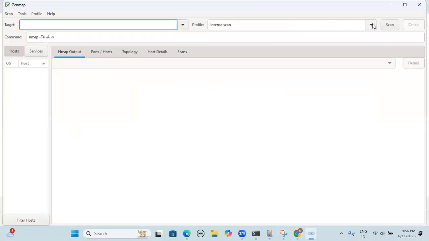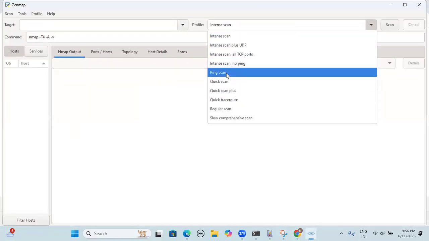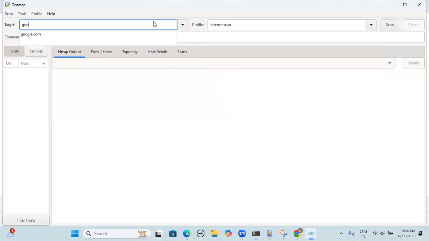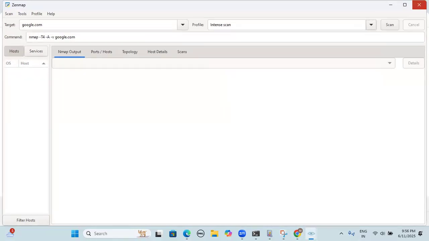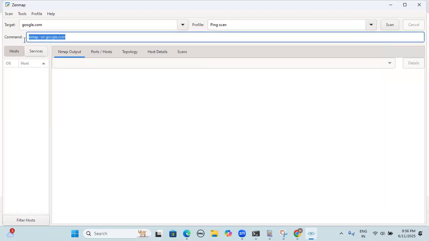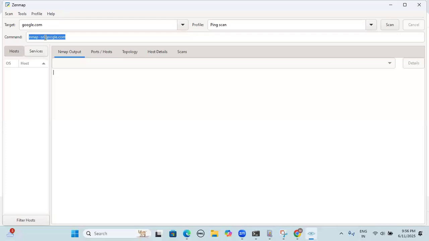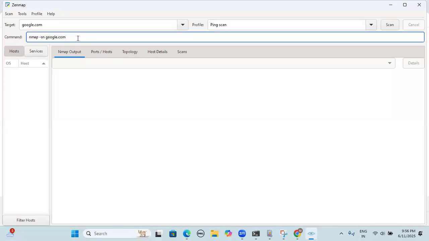So now you can use ping scan. Ping scan is one of the scans existing under the profile. So you can type google.com here. I think there are two windows open. I will close one of the windows. Yeah, I closed one of the windows. Now I gave google.com and I selected the ping scan. Now you can see here the command has automatically changed. I will show once again what the ping scan command is in our Zenmap tool for google.com: nmap